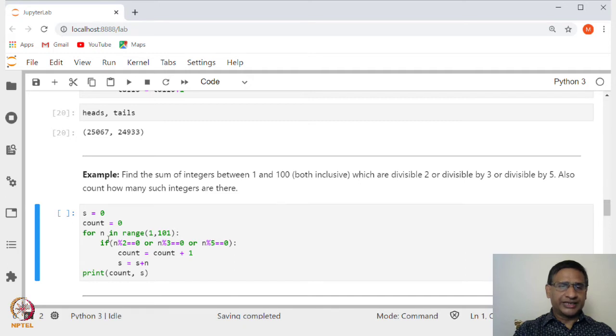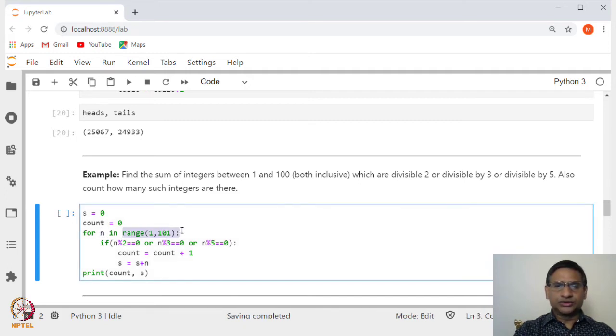So, what we are doing, we are again generating n between 1 and 101. Since we want to include 100 also, between 1 and 101, and in case n is divisible by 2 or n is divisible by 3 or n is divisible by 5, then you increase the count by 1, and also s is equal to s plus n.